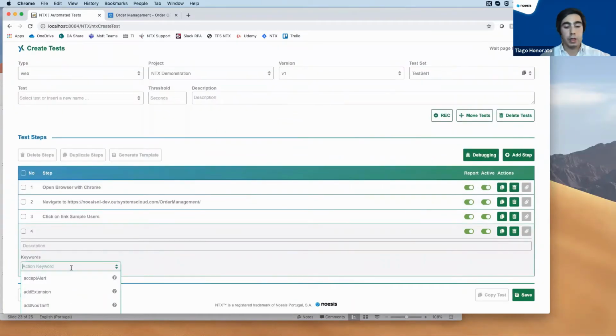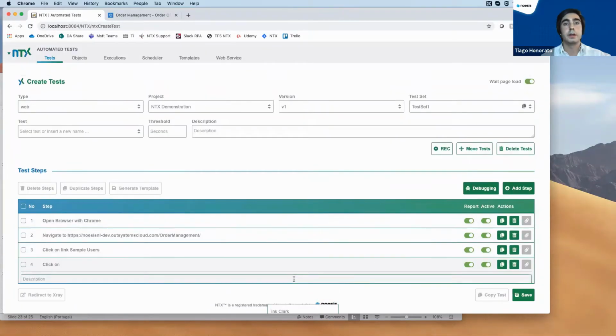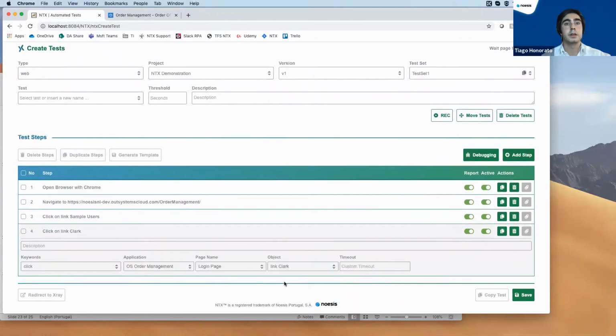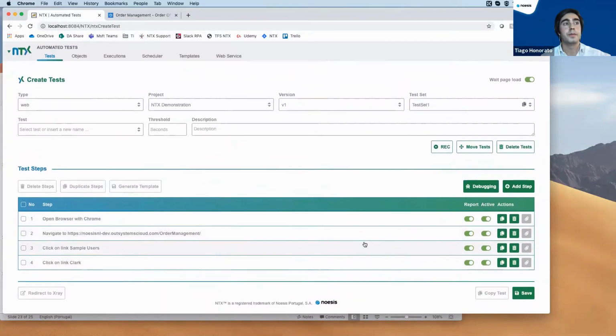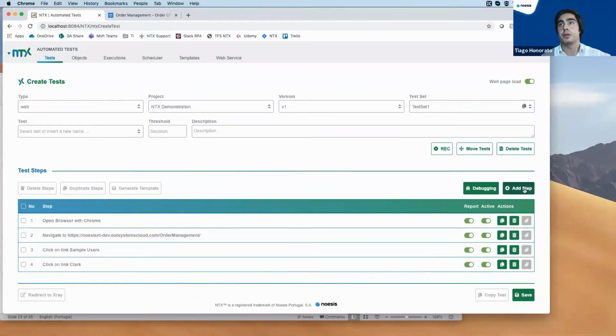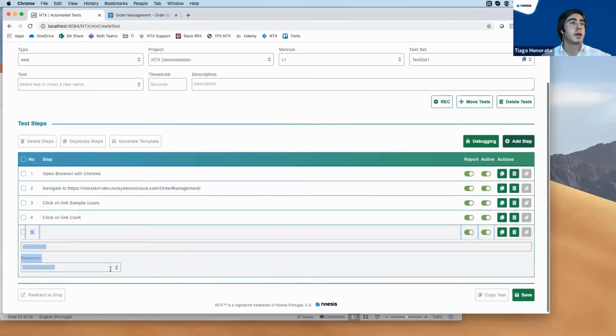Our test. I have to click now on the link, the Clark Parsons guy, okay, and then the page is switched to the dashboard of the order. So what I have to do is very simple, I have to click.